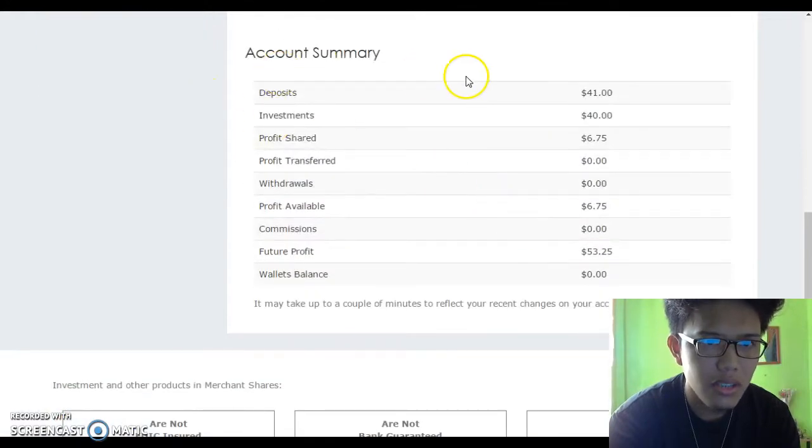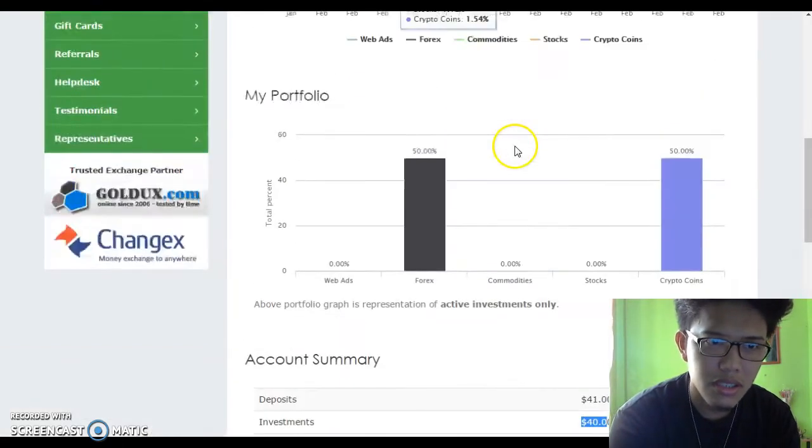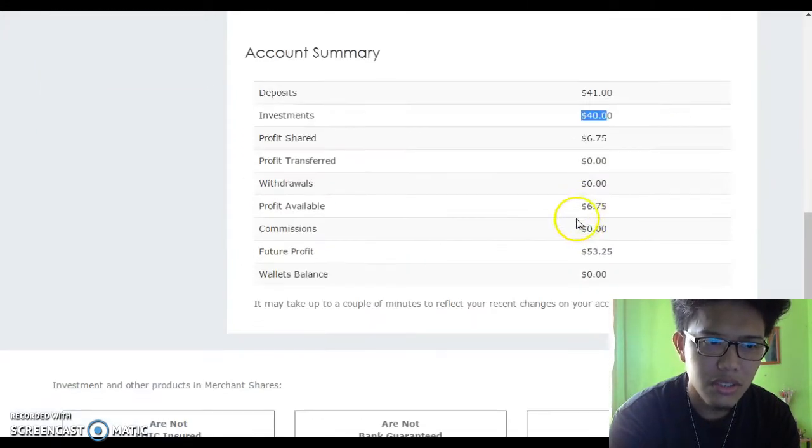Under account summary, I had deposited $41 in this account, and then there's total investments of 40 because we had selected two assets within merchant shares. One is called Forex, and the other one is the crypto coins, and currently our profit share is at